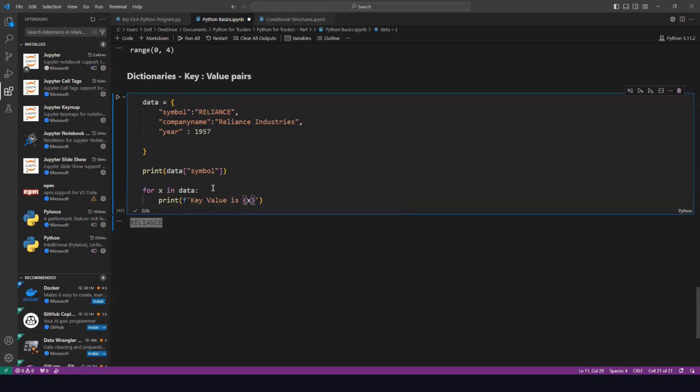Okay. And using the key value, I want to extract the value, so I'll be getting what? I'll be getting the symbol, I'll be getting the company name, I'll be getting the year. That is what I'll be getting in the X value over here. Now, using the X value, I want to retrieve the value also. I want to retrieve the Reliance, I want to retrieve the Reliance Industries, I want to retrieve the 1957 value. So in that case, what I have to say? And the key value, I mean, keys, we had seen that, and the value is,